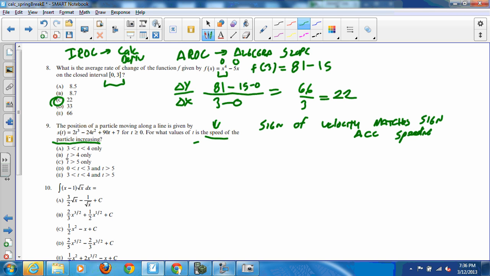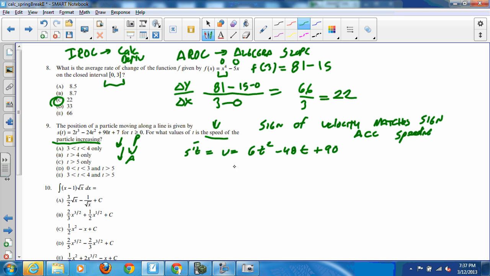So one way to do this is to do a sign analysis on the first derivative. This is a PVA problem, right? They're giving us the position, take the derivative to get velocity, take the derivative of velocity to get acceleration, and we'll evaluate it. So the first derivative is velocity, and I'll just be explicit here. So the derivative of position, that would equal what? 6t squared minus 48t